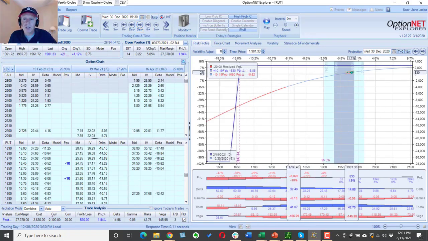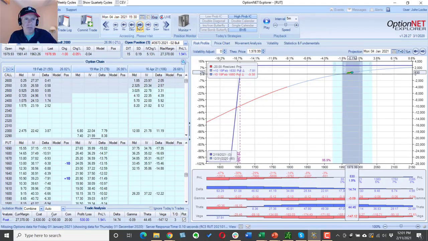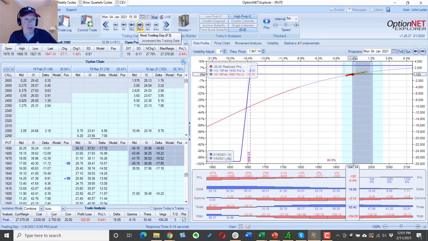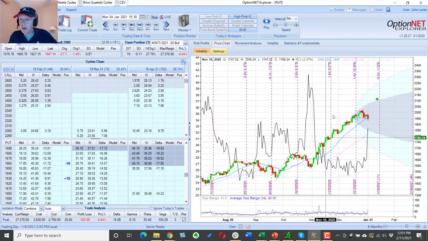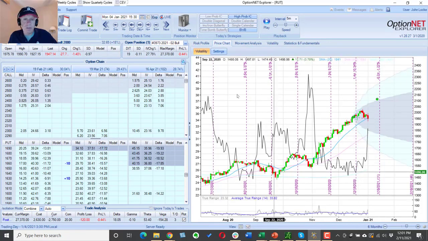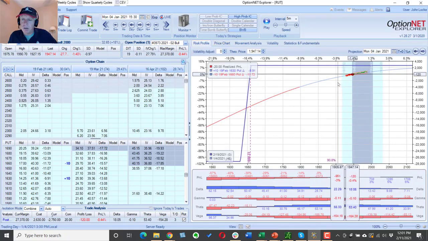Once again, you can see the market moving back and forth, but over time, this T+0 line here is actually rising. And if we get the added benefit of up movement as well, that only makes it better for us, which we've had pretty much for a while now. So you can see we did have a pullback in the price chart. We went up a little bit, we pulled back quite a bit,